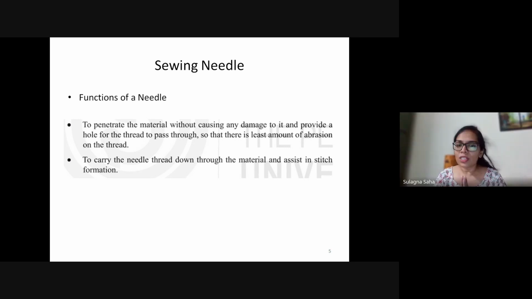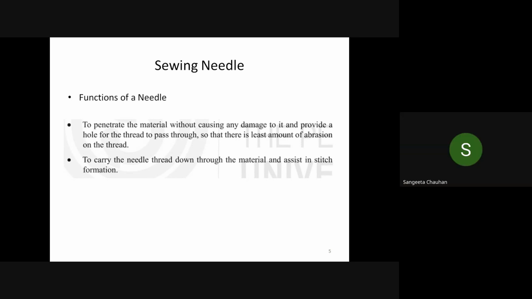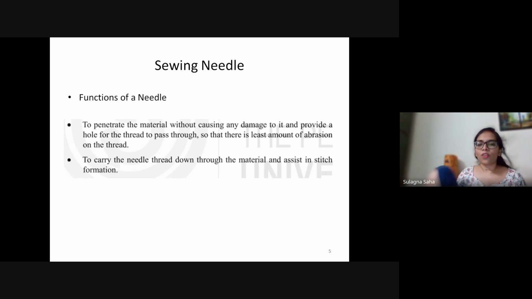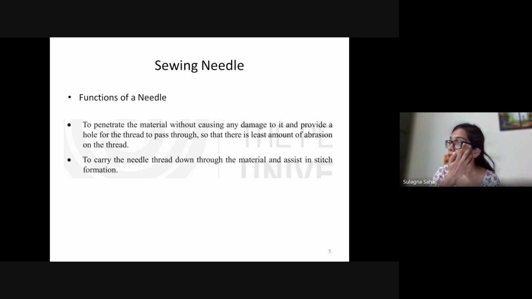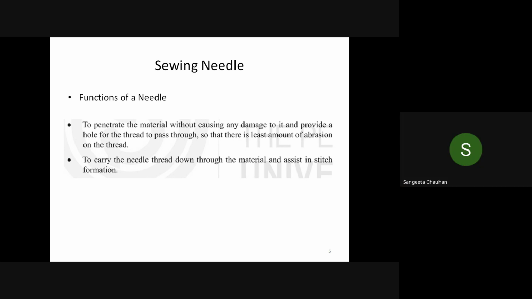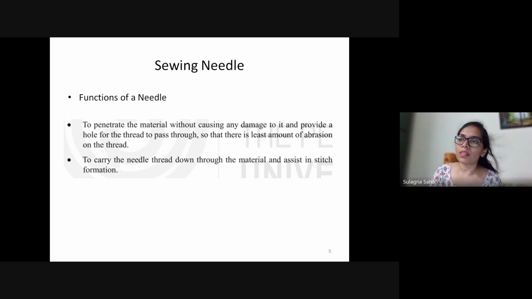Yes, ma'am. If you stitch leather and your stitching has gone wrong, do you really think you can do anything with it later? No, ma'am, absolutely not, because it pierces through the material. It makes holes through the material, which are the needle holes. The needle pierces it, makes holes in it, and then they stitch on these holes.